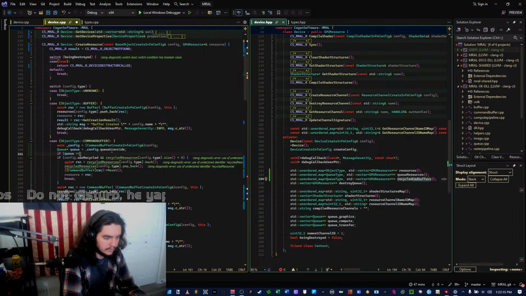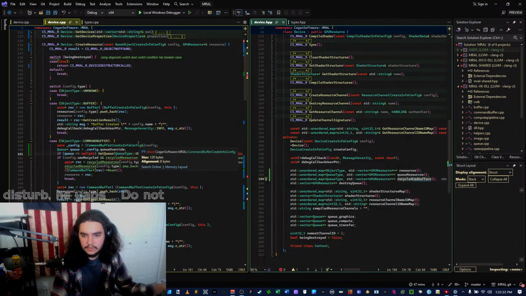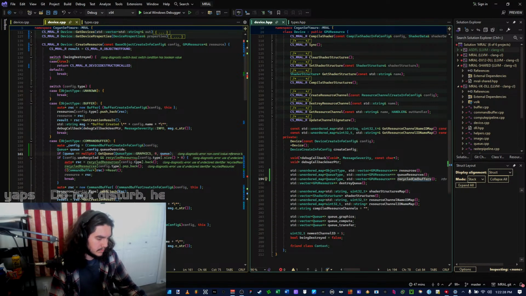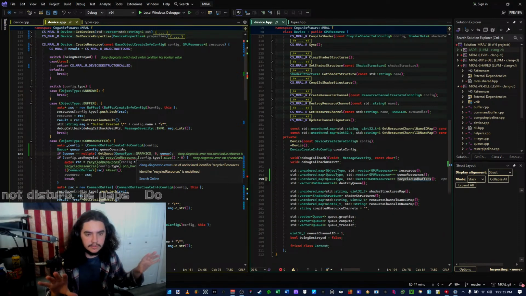If q is equal to no pointer, makes... why not reuse them, I guess. Yeah, it's just, I'm not using the function really right now anymore because I'm doing a lot of things asynchronously.